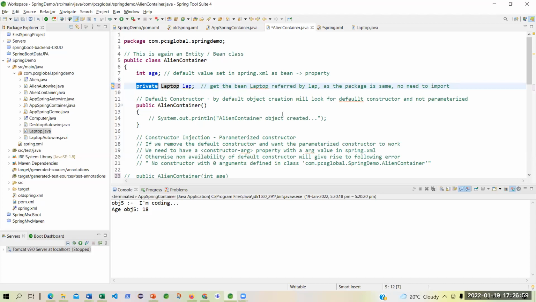I'm not going that far, but let's say this is encapsulated. We have not come to auto wiring, but we are sort of injecting a reference of another object within, so we are referring to another entity object from one entity object. I'm just giving a reference.